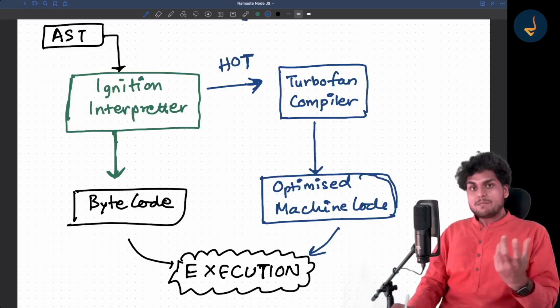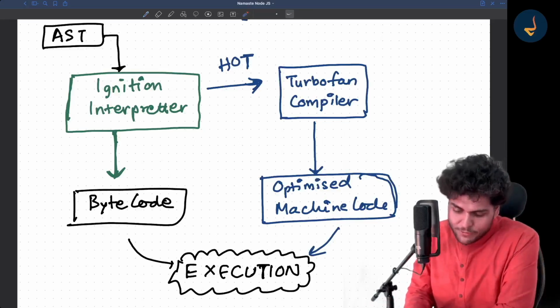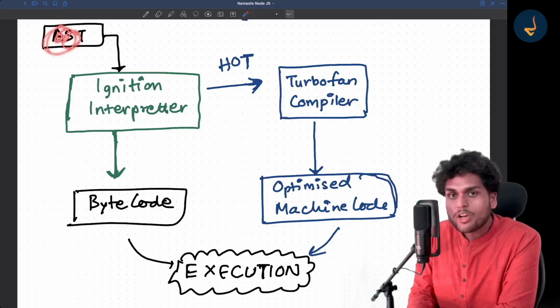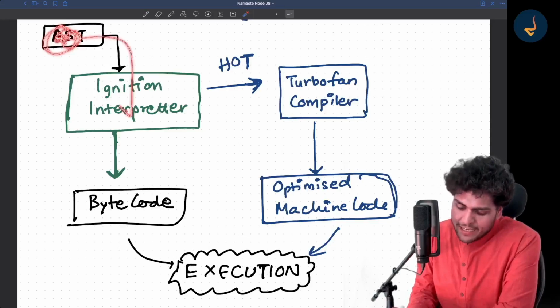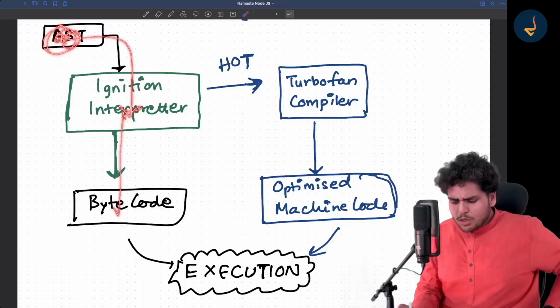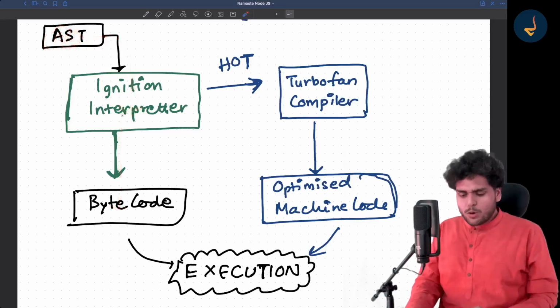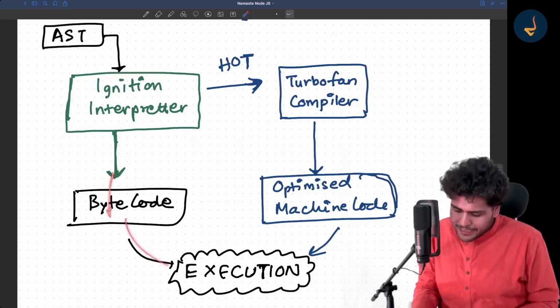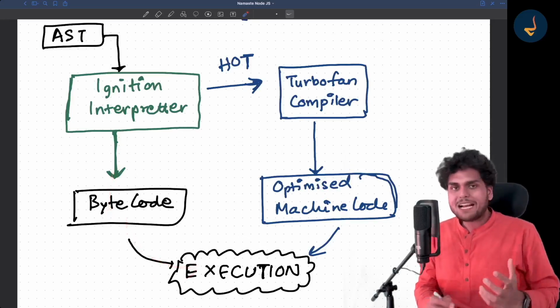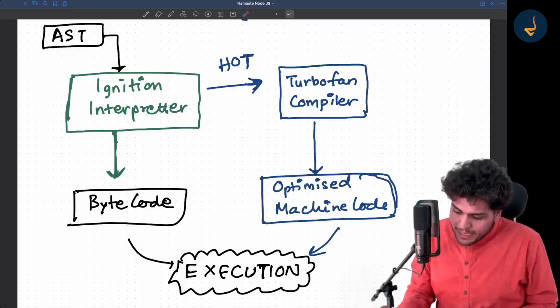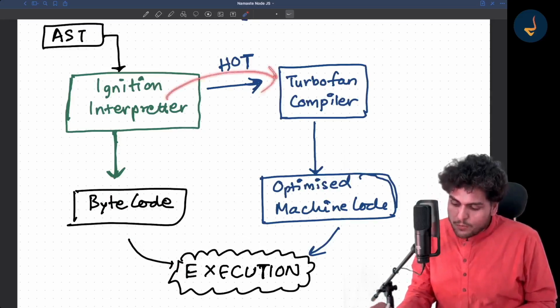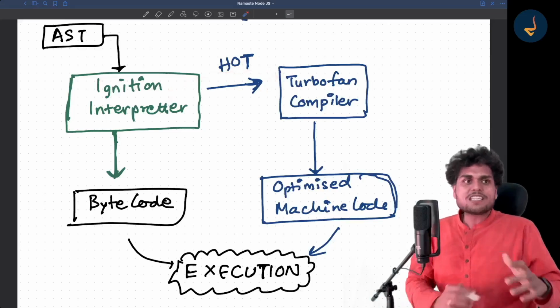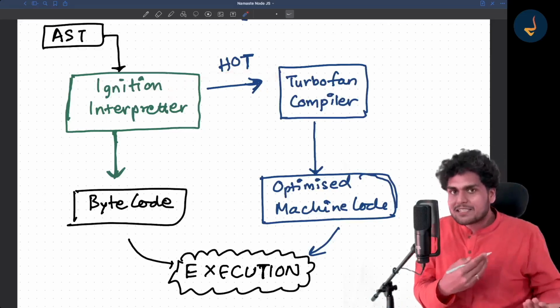Right? So let me just repeat it once again in a very fast fashion. AST is formed from your code that you write, and then it goes to the Ignition interpreter. Most of the code, a lot of code, it just interprets and runs line by line. It is converted to bytecode and then finally executed. Bytecode and execution. But there is some portion of code which is reused, used a lot, and there are chances of optimization.